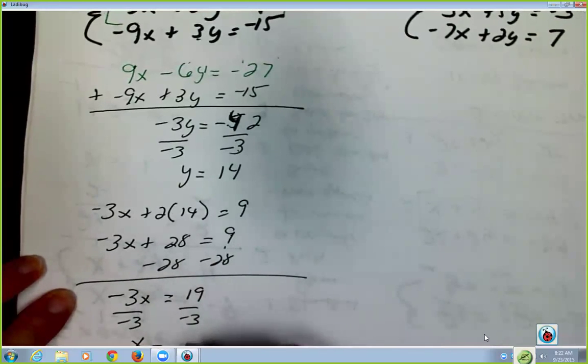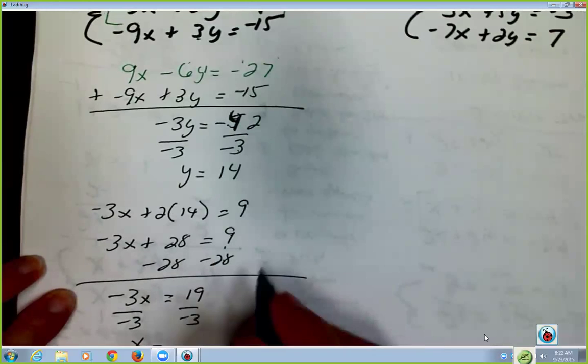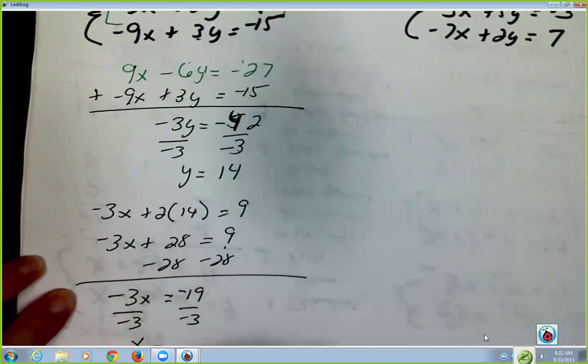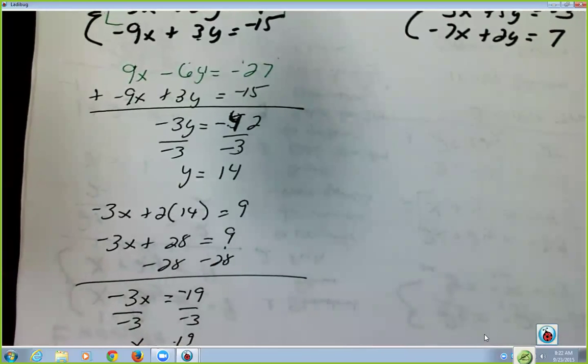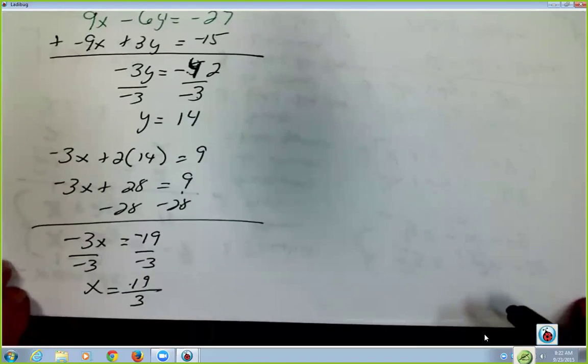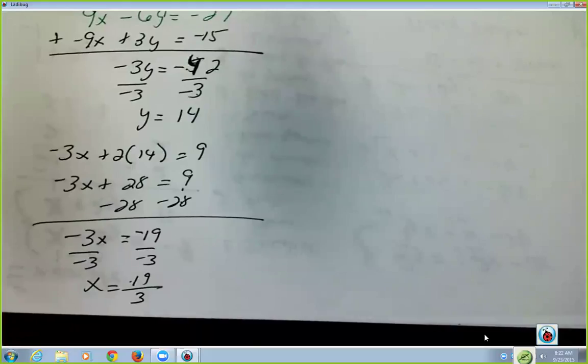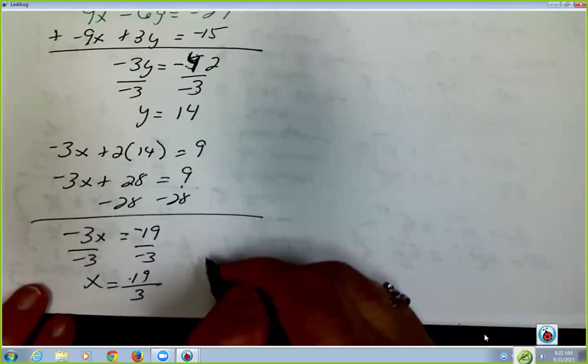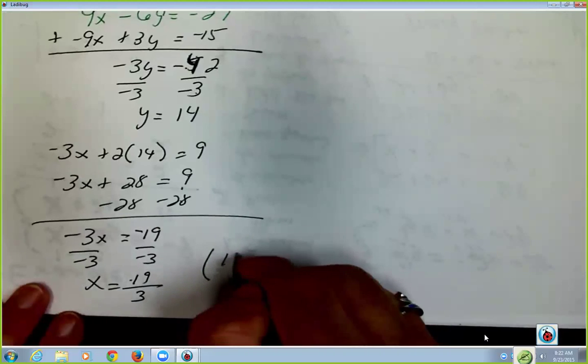And I find x is equal to negative 19, is equal to 19 thirds. Not a real nice number, but it does come out to be that piece that's in there with that one. So that's what we end up with for our two answers with this one. So 19 thirds